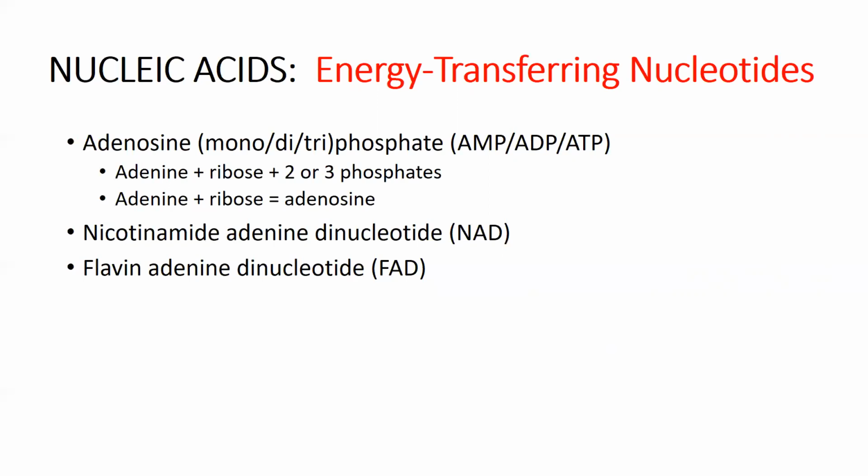Okay. There's also nicotinamide. We'll see this in cell respiration when you look at the electron transport chain and how NAD and FAD are important electron carriers. So they help to store electrons, take them to another place, and then release them. We'll see how these 2 nucleotides are important in that function. So that's FAD, which is flavin adenine